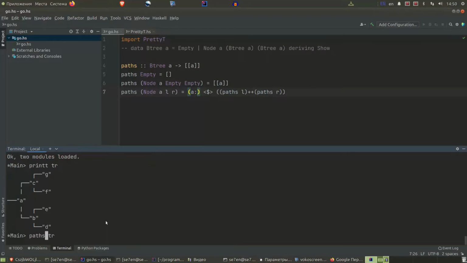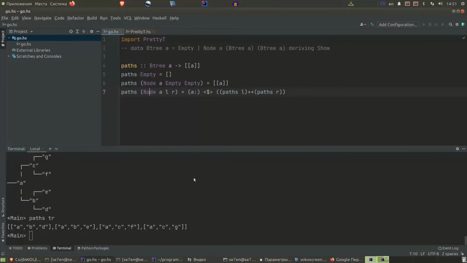Now let's look at our tree again and try to build all its paths. Okay, we can see that we construct a list of all the paths. Now I need to implement a helper function which does merging of these paths in a mask. I will call it mask merge, and it takes two lists. Actually, in this case, we take this list and this list, and it must